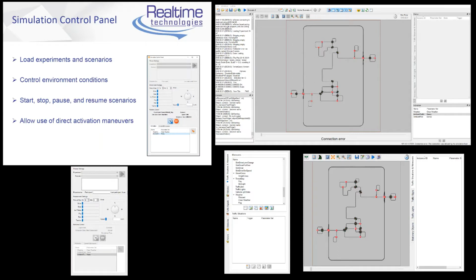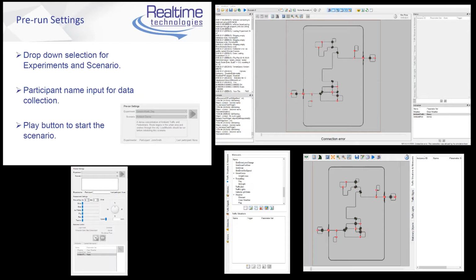The simulation control panel, as you can see to the right, is the tool that we use to load experiments and scenarios, control environment conditions, start, stop, and pause, as well as resume scenarios, and allow you to activate maneuvers directly using the direct activation window. So we will talk about the different parts of the simulation control panel and also what you can do in each section. So in the pre-run settings, that's the top section, this gives you a drop-down selection for your experiments